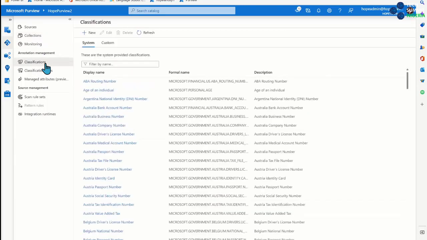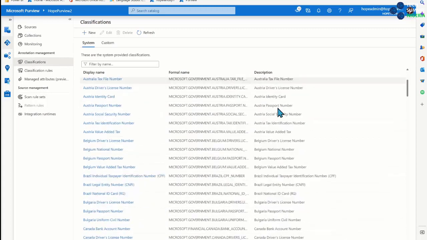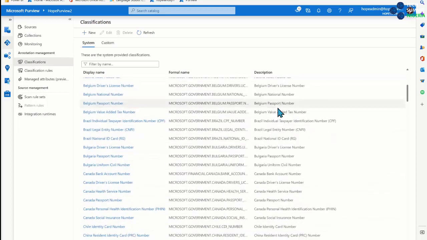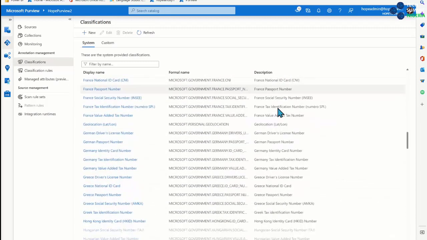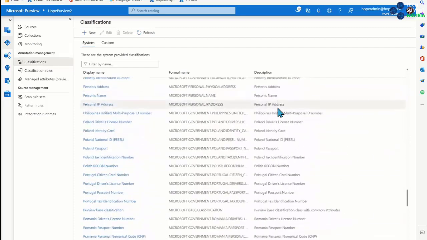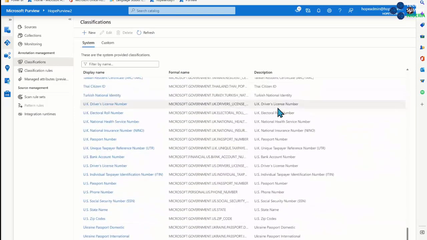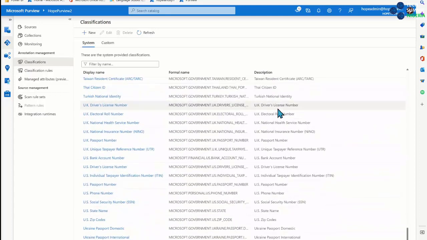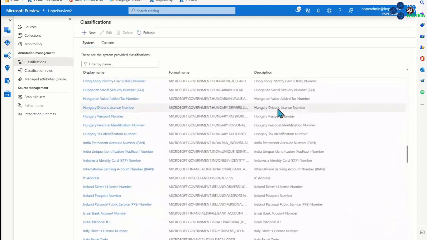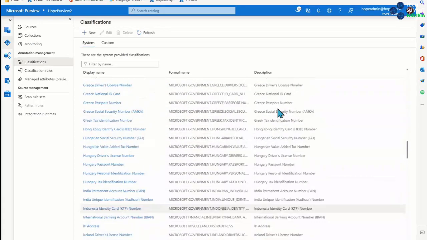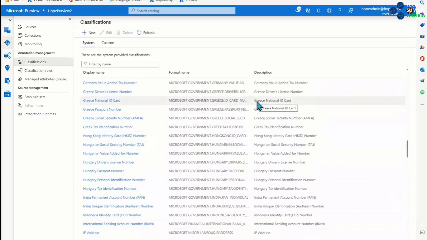So let me show you too, the next thing we're going to do is essentially set up our scans. And I'm showing you here, classifications are the things I can potentially scour my data landscape for. There's a lot of different ones, we're a global company. So let's see here. I was just seeing if there was anything Nigerian specific. I'm not seeing anything, but you get the gist of this.